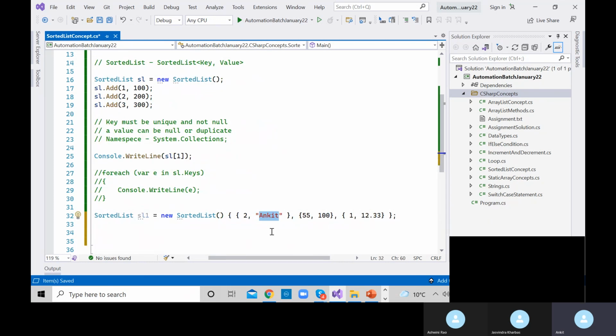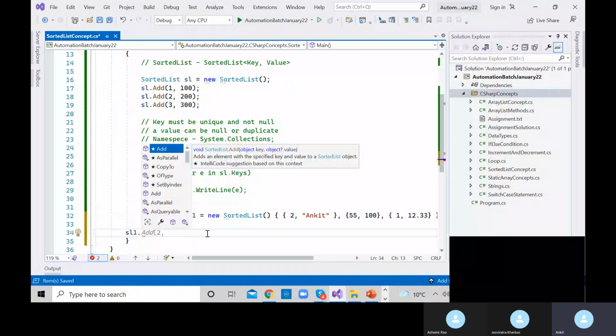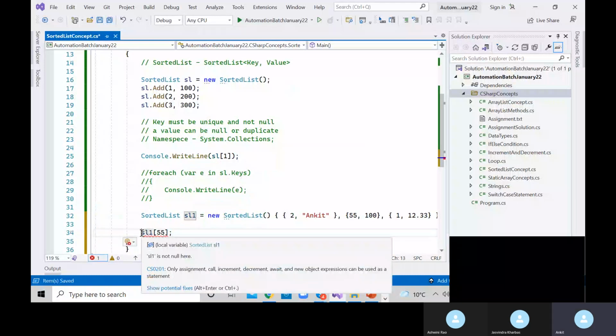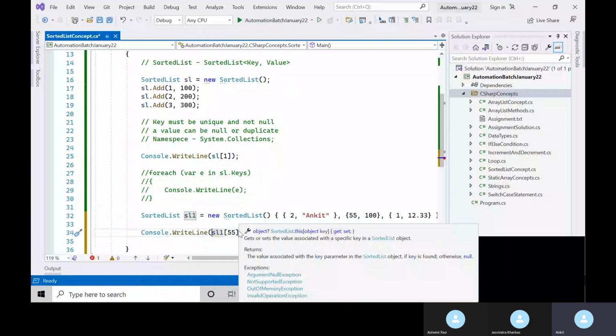Now, as I told you above, if you want to get the values from sl1, you just need to define the key and you will easily get the value. The key is, let us say, 55. Let me print this with Console.WriteLine. Just say you are getting 55,